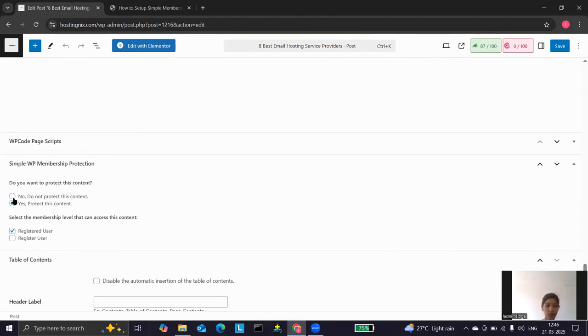Here you have to just click on yes, protect this content, and also click on registered user. That is the membership level we created. So we have to provide that membership level to our post, and here it asks permission to protect this content. So we select yes, protect this content, and just click on the save button to make the changes.